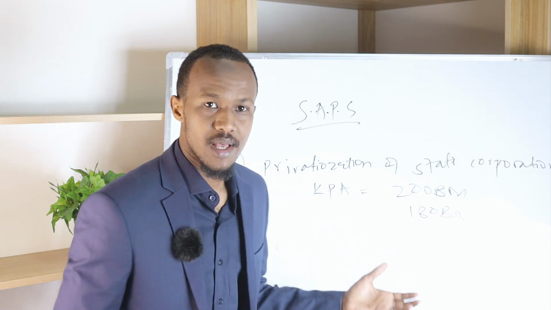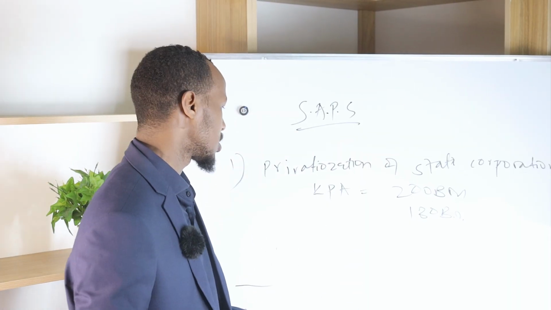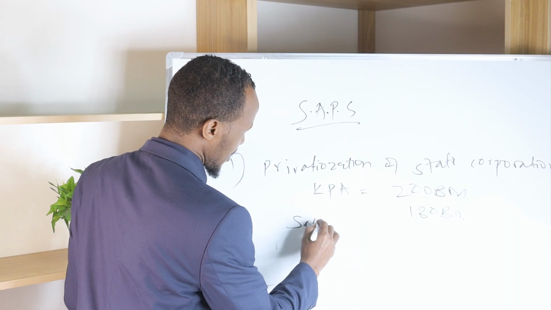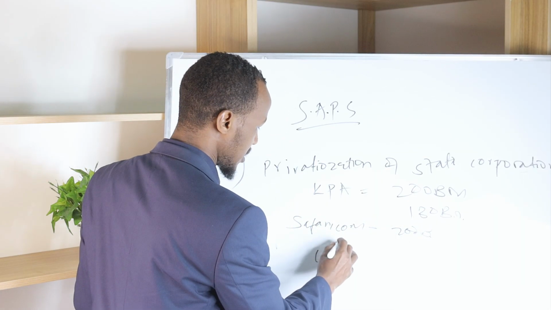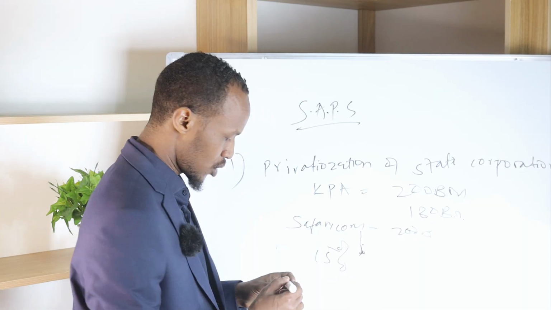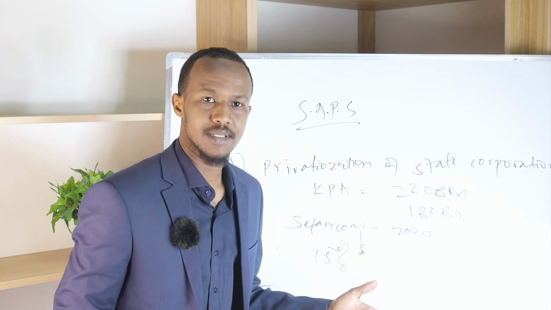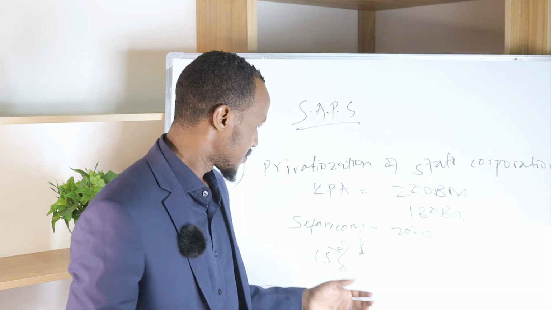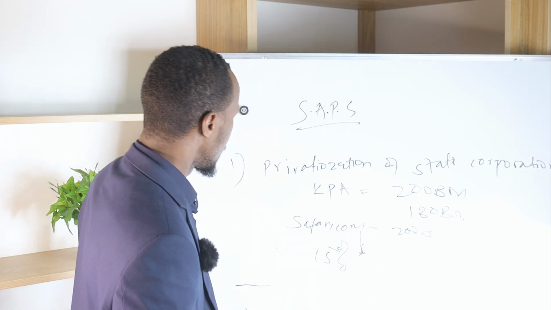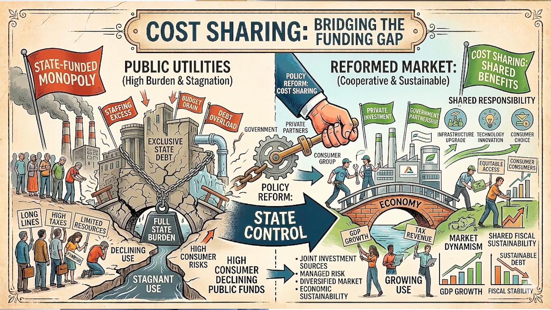So they are issuing shares so that people can buy these shares and they get maybe dividends at the end of the year. Even Safaricom, I think it is Safaricom which they want to raise like 200 billion. Even they want to sell the 15% of shares of Safaricom which belong to the government, the 15%. Well, I think they want to sell it to the parent of Safaricom, that is Vodafone. So privatization. And number four, which is last but not the least, is cost sharing in the education sector